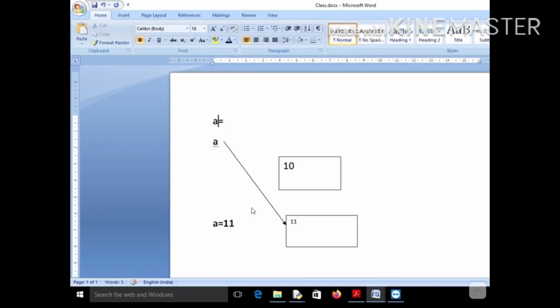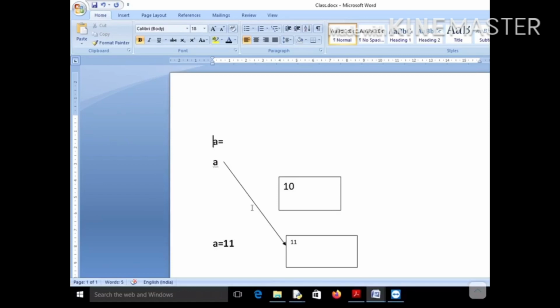All the fundamental data types in Python are immutable: for example int, boolean, string, float and complex.